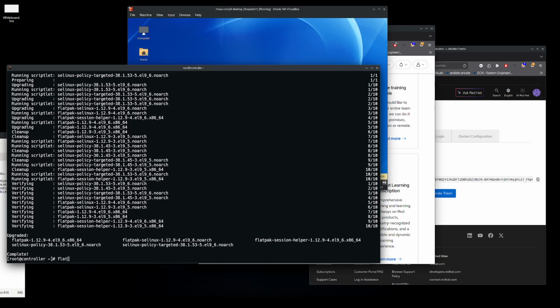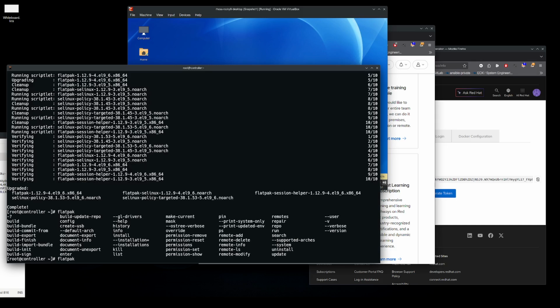You do flatpak and you use remote-add. You can go through the man page, read it, use the help. If you forget, you can also use the space tab, and then you will see everything that can be used there. I won't go too much into detail because otherwise it will be too long. It's already long. Then you need to use the --if-not-exists flag, and then the name of the repository, or